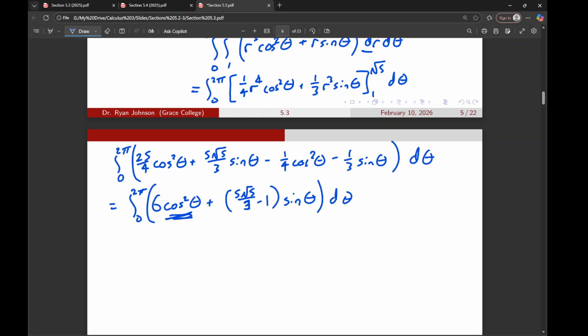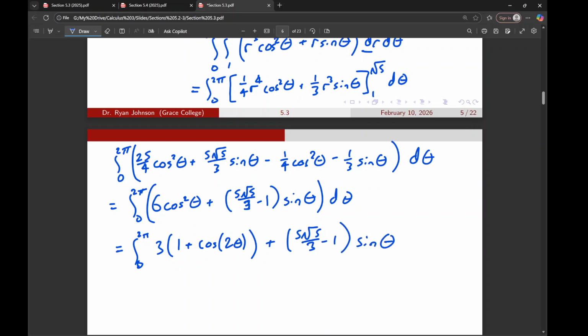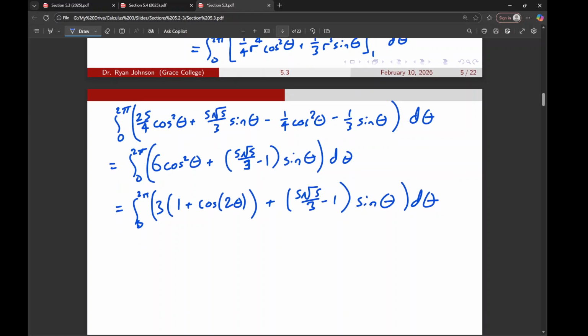Cosine squared becomes 1 plus cosine 2 theta all over 2. So 0 to 2 pi, my 6 absorbs that 1/2, so it becomes 3 times 1 plus cosine 2 theta, plus 5 square roots of 5 over 3 minus 1 times sine theta d theta. So doing this guy, we get